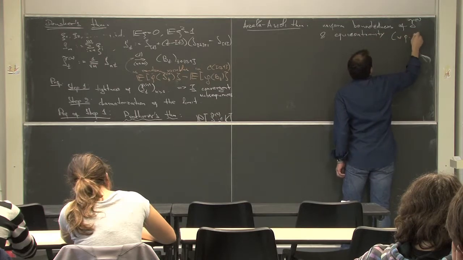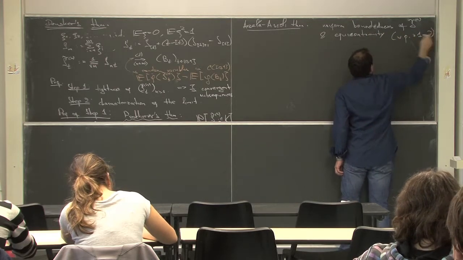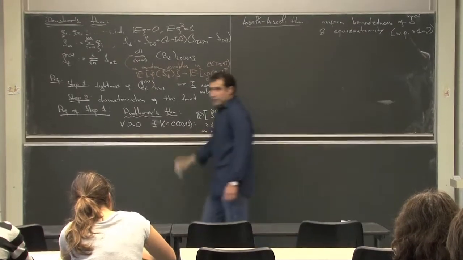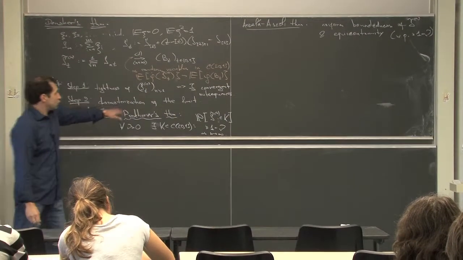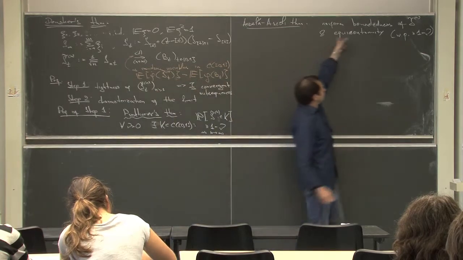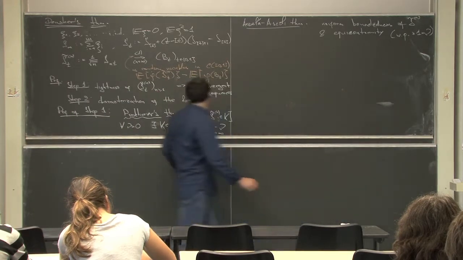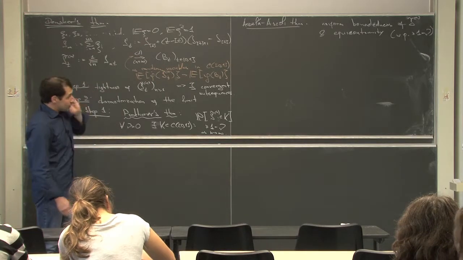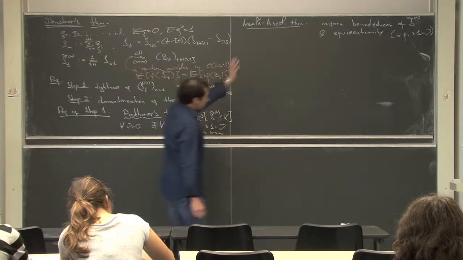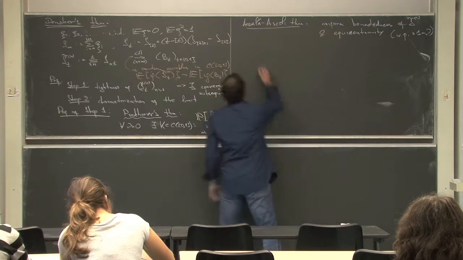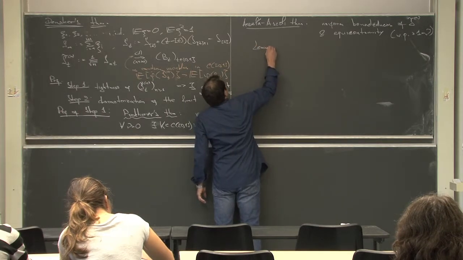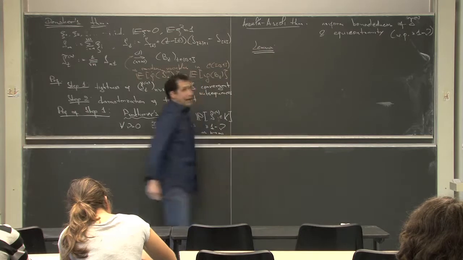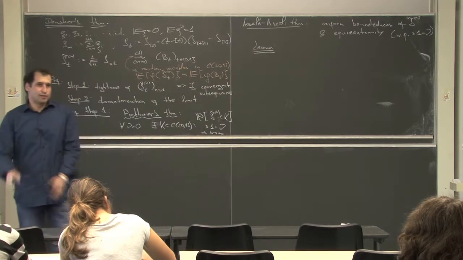With probability at least 1 minus nu, for any nu. So given nu, we should find such a bound and such a modulus of continuity that this function is nice with probability at least 1 minus nu. Okay, good. So to do so, I need a lemma, which is very simple,